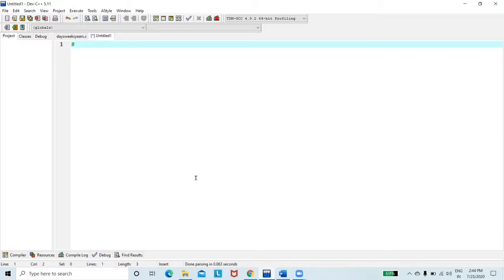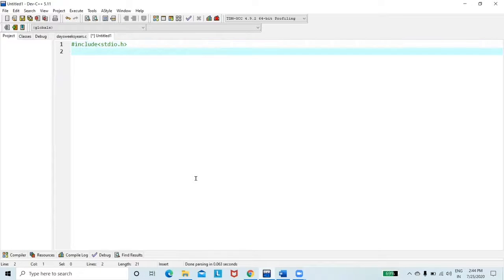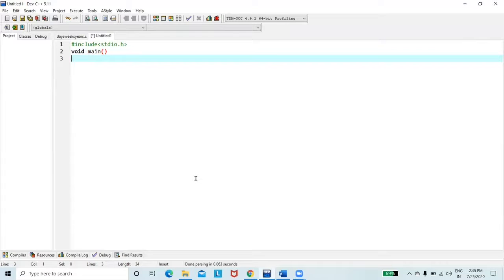As usual, you can include the documentation string, or if you don't want to, you can skip it. Okay, I'm skipping it here. Hash include stdio.h. It's the header file stdio.h, standard input and output. Now my main function. You can use void main or int main. I'm using void main, which means it takes or returns nothing.